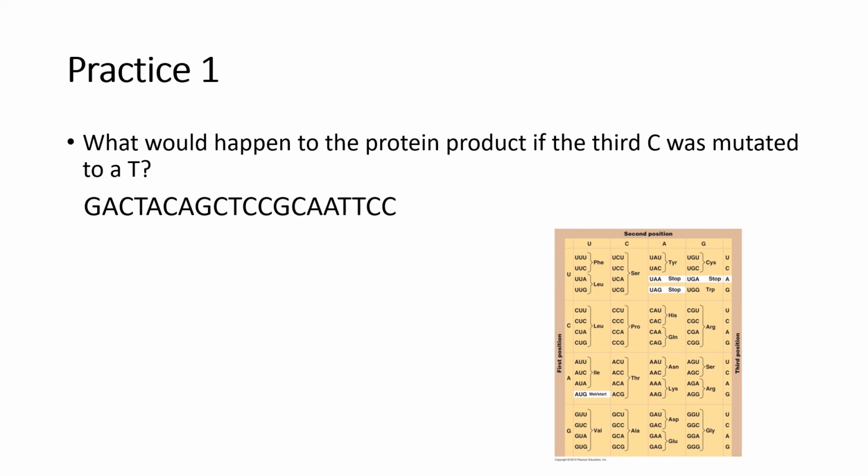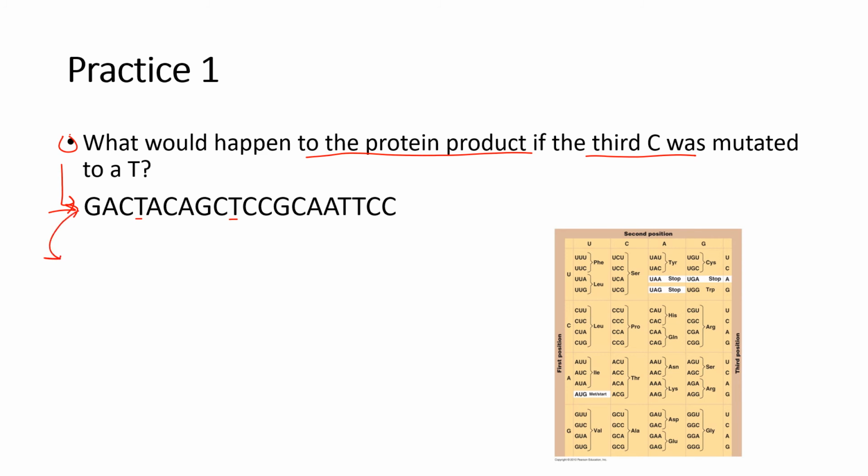So the first question: what would happen to the protein product if the third C was mutated to a T? First thing you want to notice is that the sequence involves DNA, because you see thymine in it. So this is a template strand of DNA. Now it's asking what would happen to the protein product if there was this particular mutation. In order to understand that, you have to know what the normal protein product is. So the very first thing you need to do is take the normal sequence of DNA,